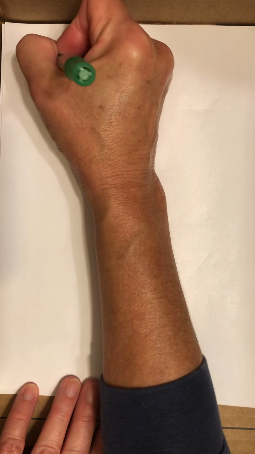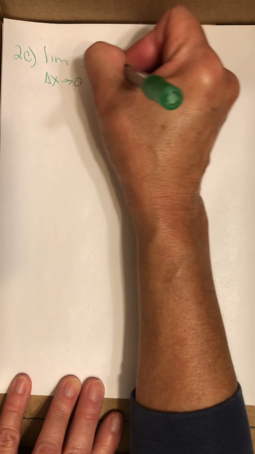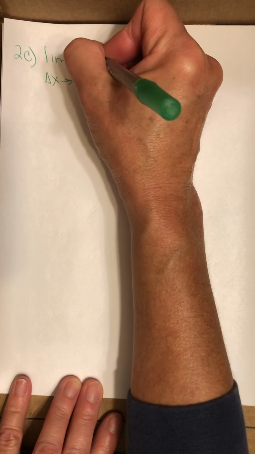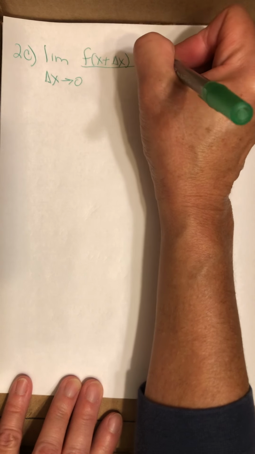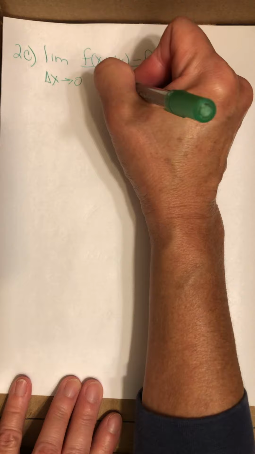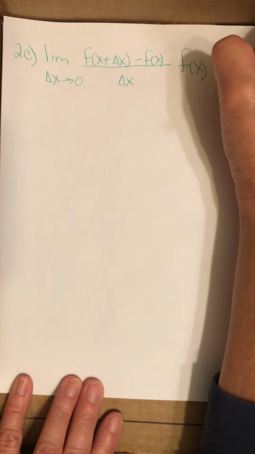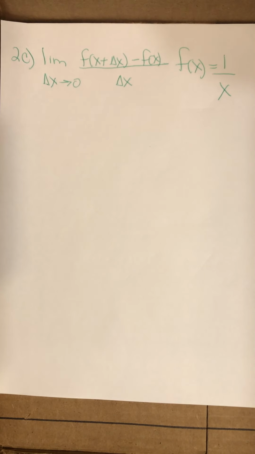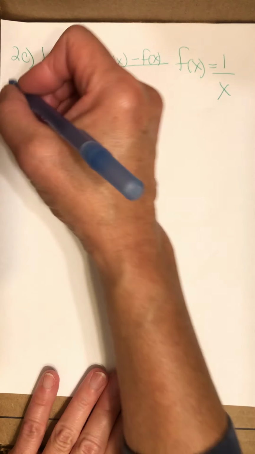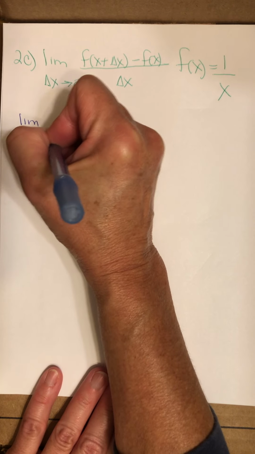Again, we are doing the limit as delta x approaches 0 of f of x plus delta x minus f of x divided by delta x. And this time we're going to make our function 1 over x. Again, it is not the calculus, it is the algebra. Here we go. The limit as delta x approaches 0,